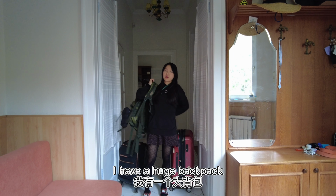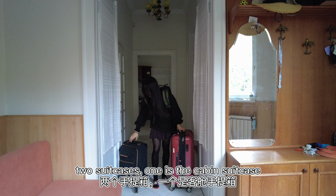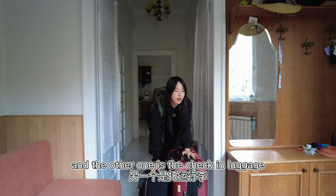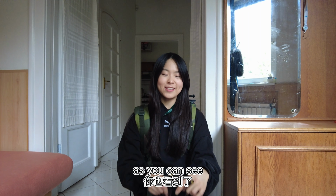So I have a huge backpack and 2 suitcases. One is the cabin suitcase and the other one is the check-in luggage. Yep, I'm all set. Well, originally I was planning to bring both boots, but as you can see, I have no other space in my suitcase,